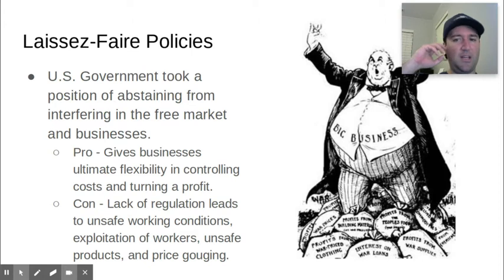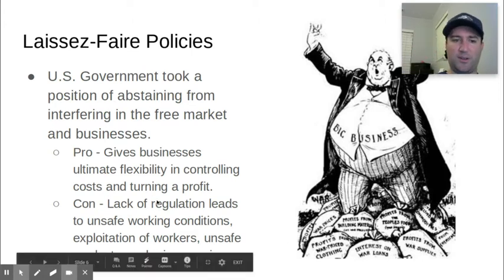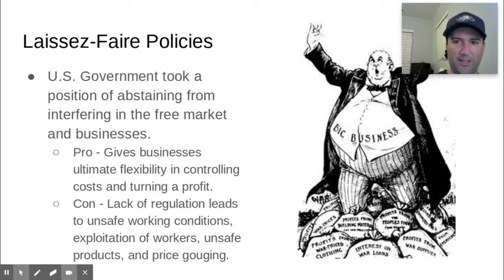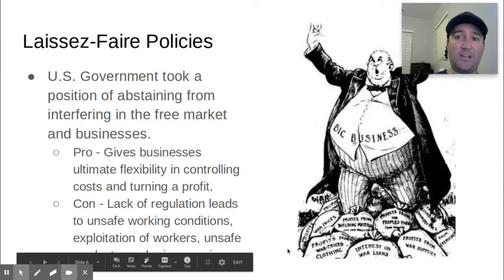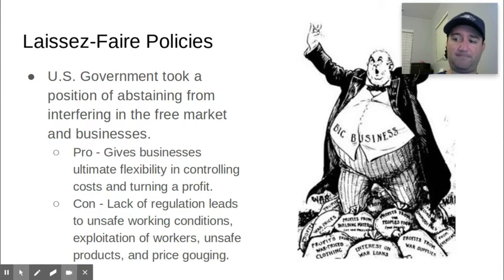The downside of them, and something that we'll talk about more, is in reaction to these policies: that lack of regulation sometimes creates unsafe work conditions. If you're a company and you want to save money, and you have nobody pushing you, you may not want to create those guardrails that protect workers from falling into the machinery or something along those lines, because that controls your cost more, and you can turn a profit.